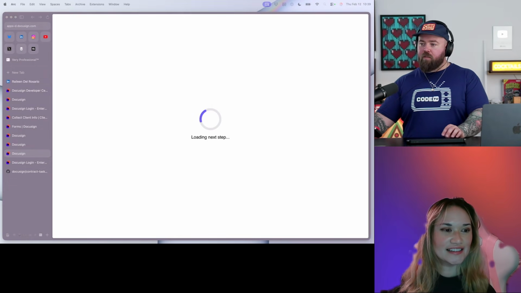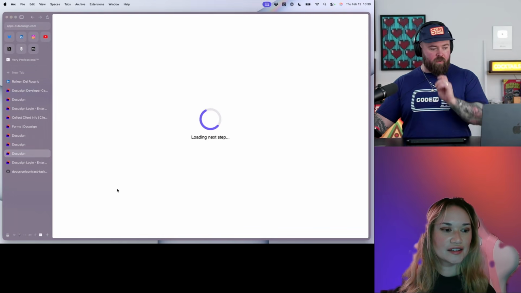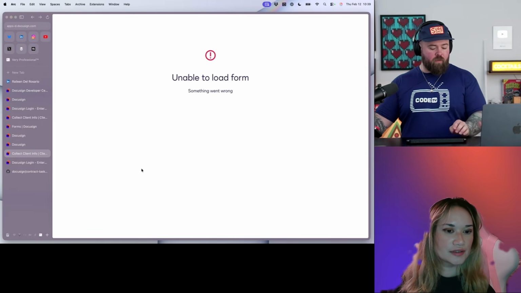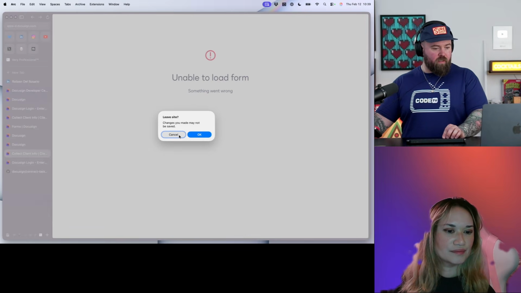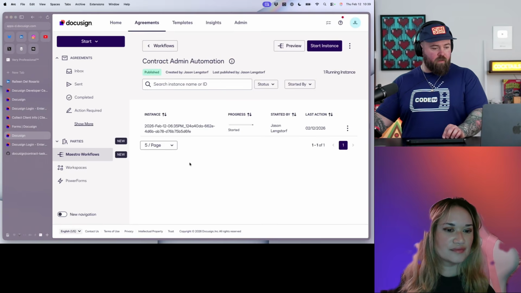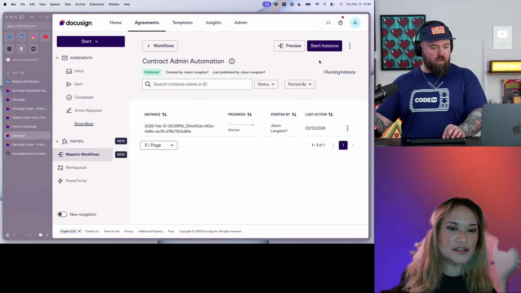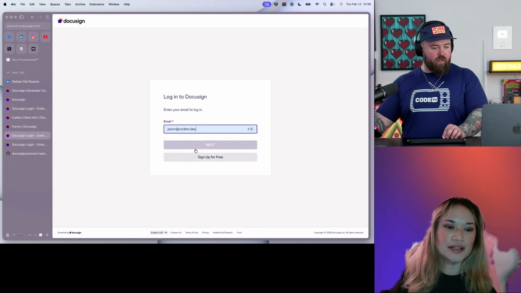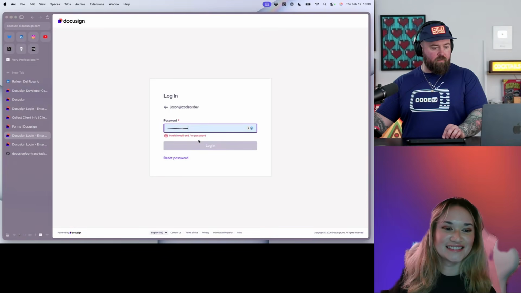I'm not getting the email, so I think it actually did crash on us. Let me try to get back here. No. Unable to load form. Okay, let's refresh this page actually. Oh, I got fully logged out.